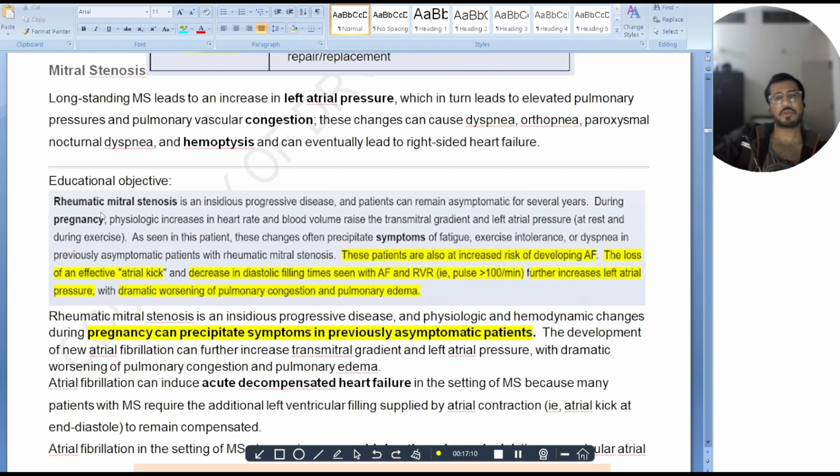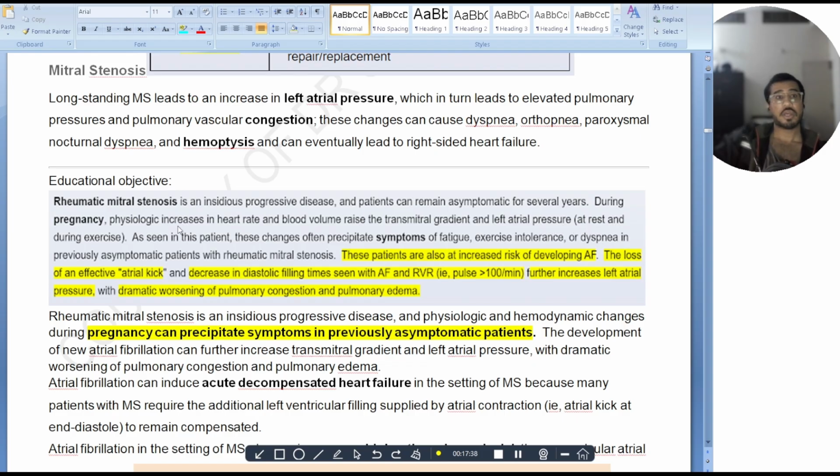So a patient might be totally fine, and once the patient gets pregnant, after 1 or 2 months, they start noticing symptoms of dyspnea, shortness of breath, and orthopnea, and you hear a murmur at the mitral area. You know what's wrong. The patient already had stenosis but was asymptomatic, but now the requirements have increased and the patient has become hypervolemic, and now the small amount of stenosis that was previously unnoticed is causing a lot